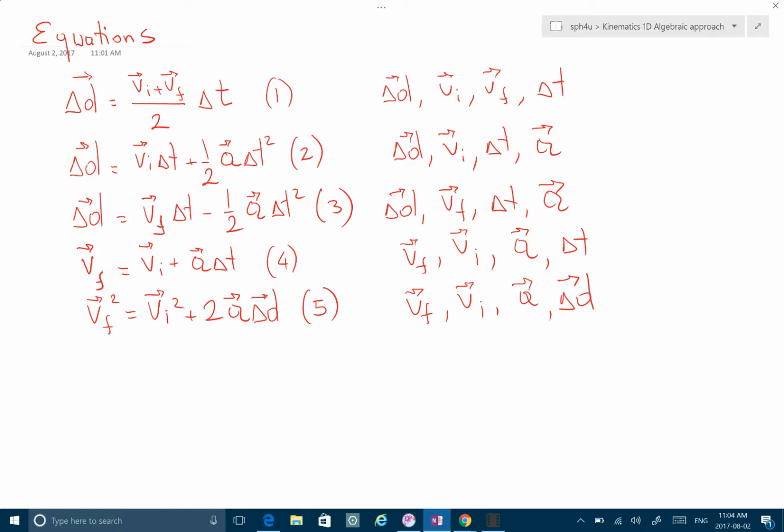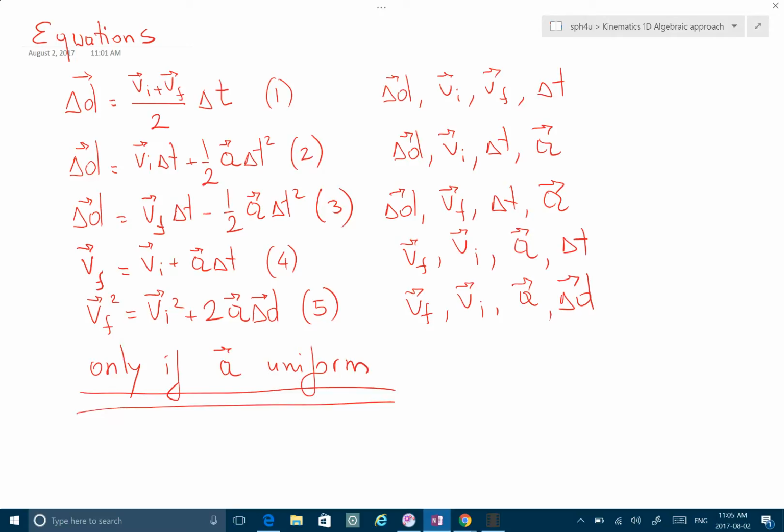So here are the equations. Remember, these equations are true only if acceleration is uniform or assumed to be so. All right, very important. Here are the five equations, the most commonly used, and here are the involved